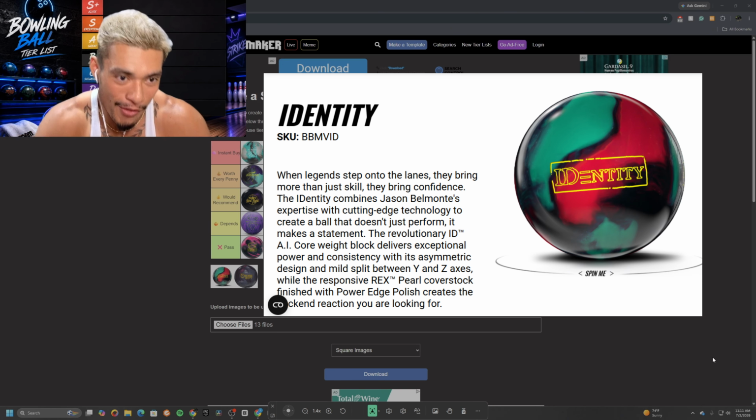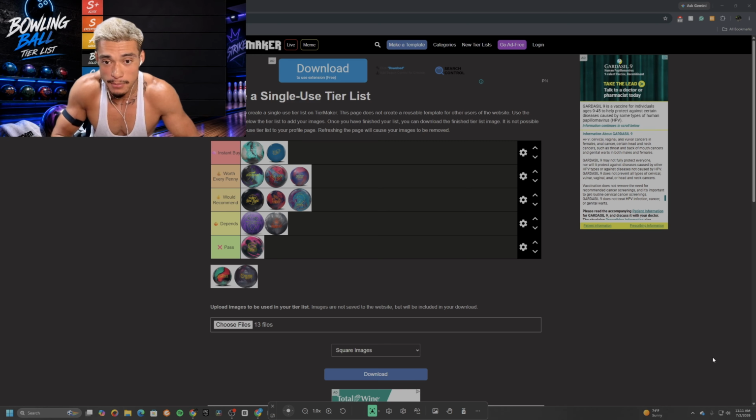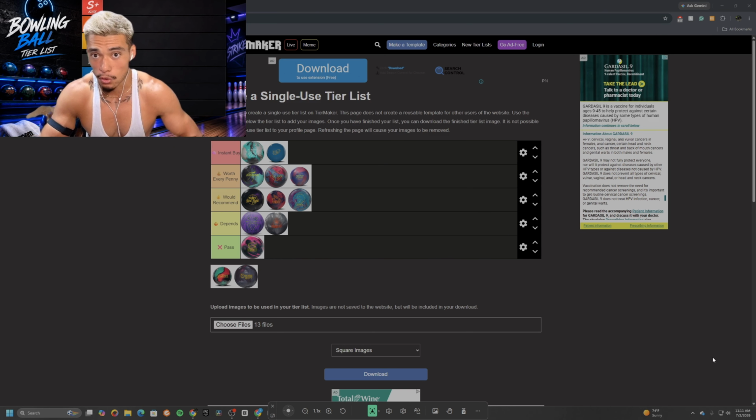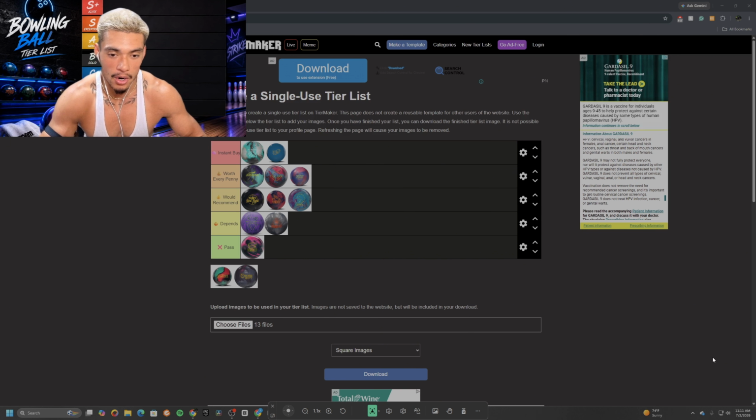It's crazy I'm getting all these different balls, and for the future I do want to build my collection, because a lot of people focus on doing reviews of all these newer balls, and they forget about the balls that are just a little older, like a year older, 2 years older. And it's like, dude, there's a lot of good balls out there. You don't have to get the newest things. You're going to spend a lot of money. The moment that new balls come out, these older balls go for a lot less. But we had the luck to go through